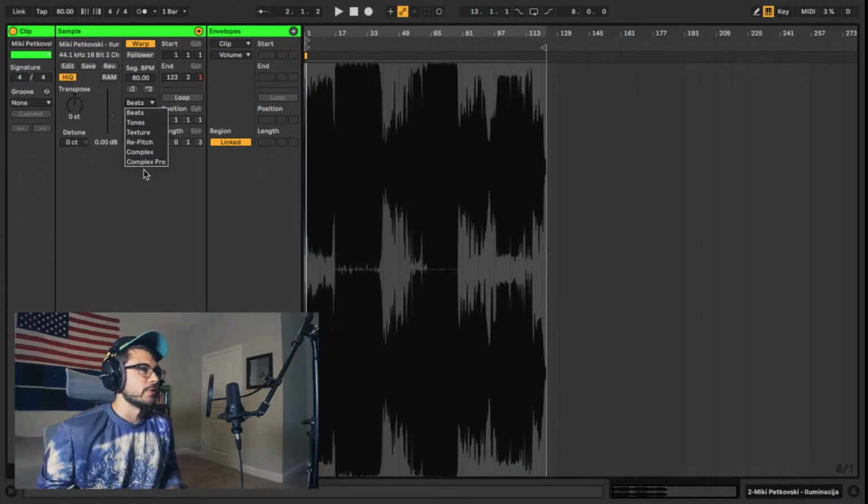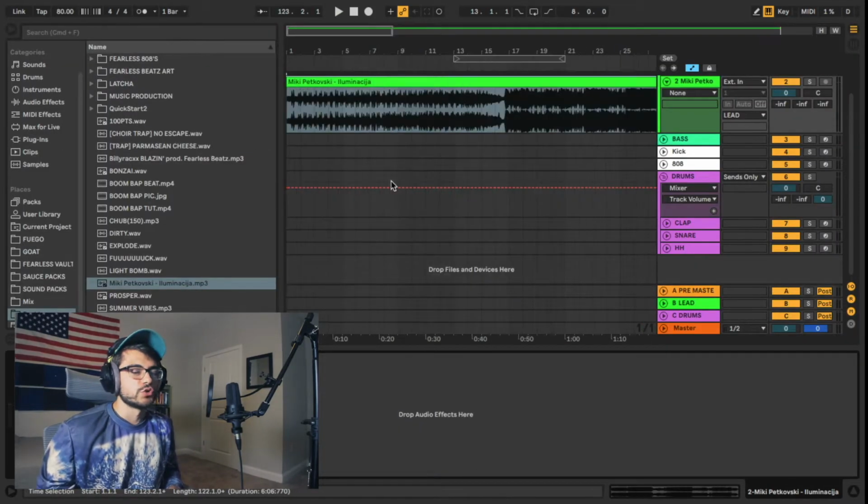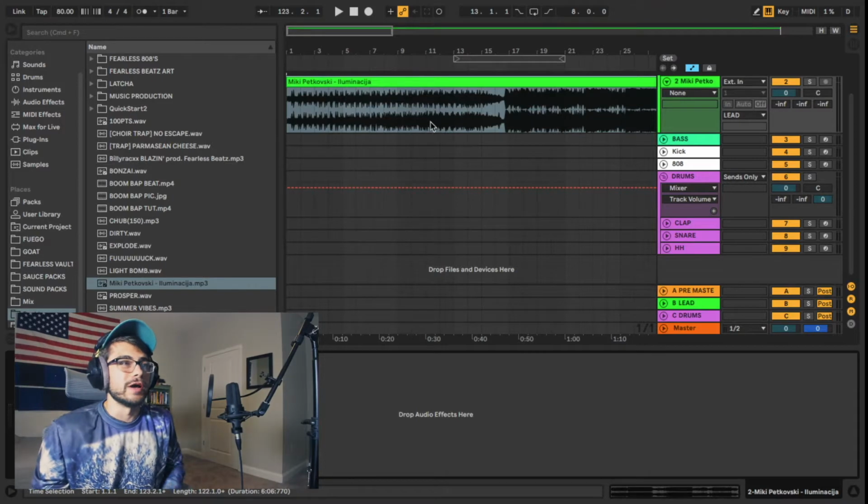For me personally, I always like to put this into Complex Pro and turn the envelopes down so that it sounds perfect. So what we're going to do now is find a section that we want to get right, and then get rid of everything else so that we don't have so much in the